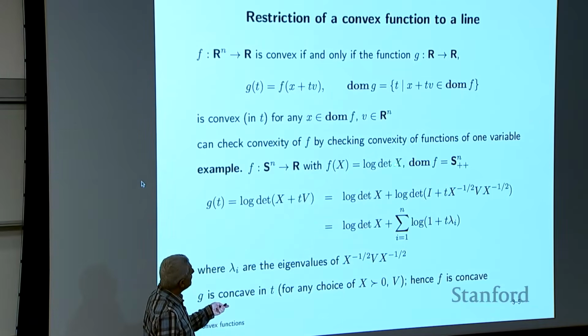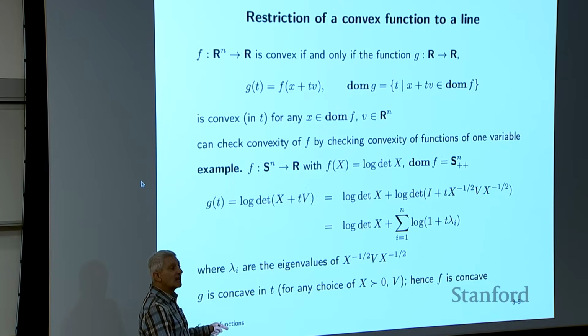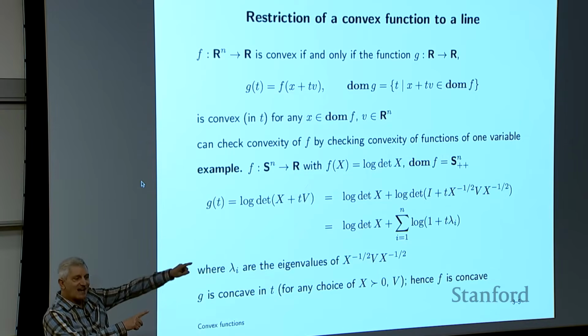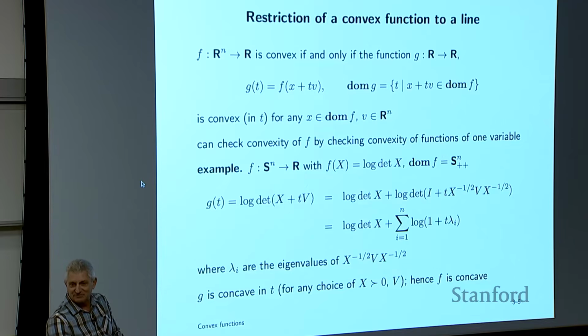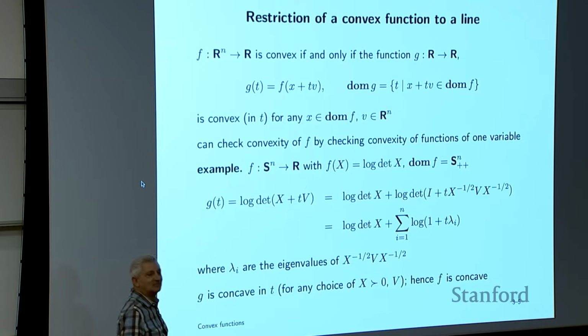You take a matrix here. I'm going to pick an arbitrary point x, which is going to be capital X because it's a matrix, in the domain. And then an arbitrary direction v, which is symmetric, but not necessarily positive semi-definite. So if I take x plus tv, that describes a line in symmetric matrix space. Everybody agree? Like a line of covariance matrices, however you want to think of it. And we want to find out, is this convex with respect to t?